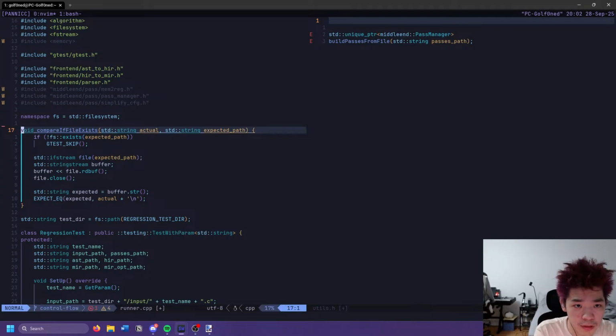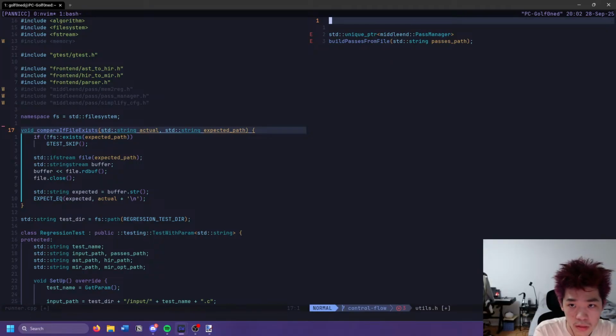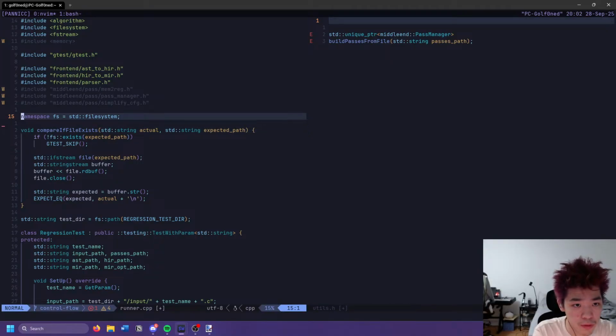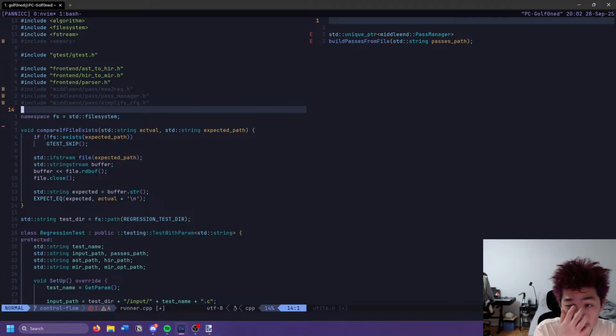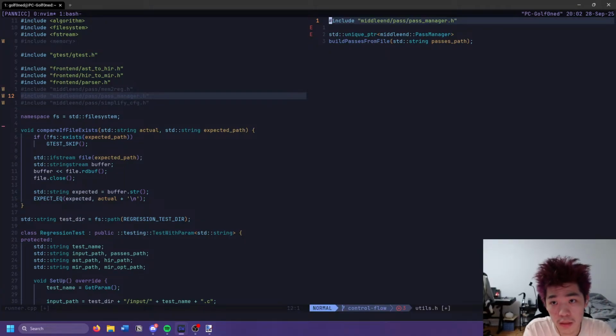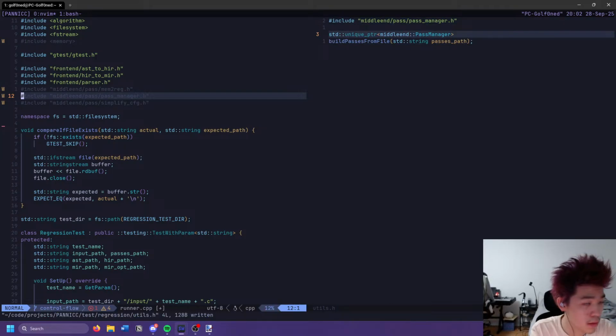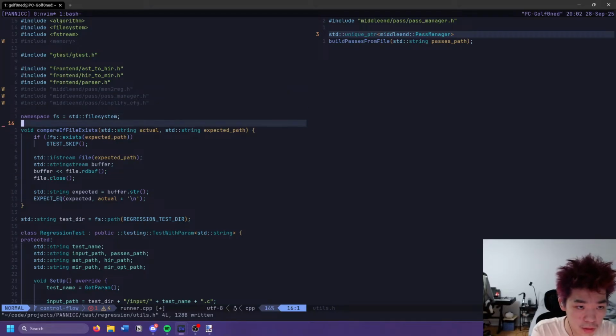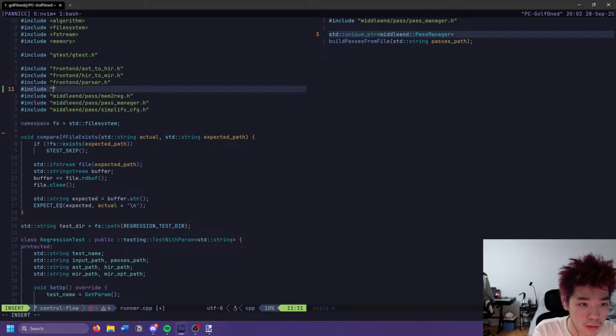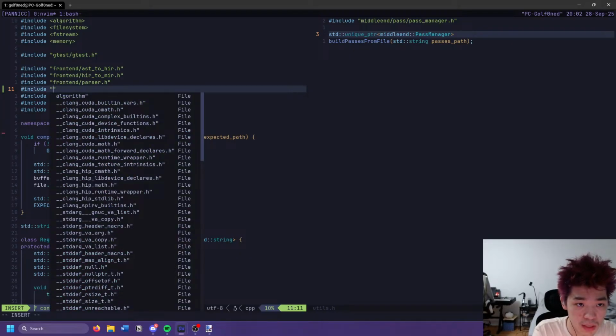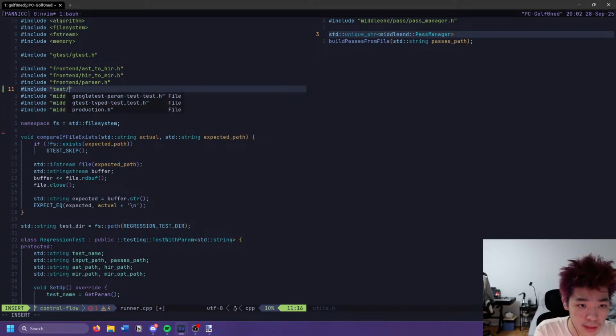What do we need to import? We need unique footer. And we need pass manager. Put that here. Okay, that actually fixes everything. Okay, so we want to add that include though. So we want test and then